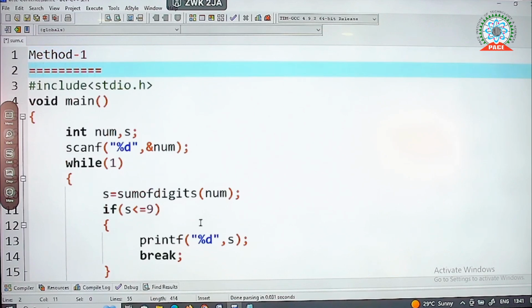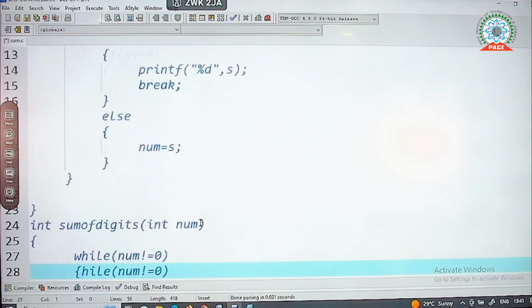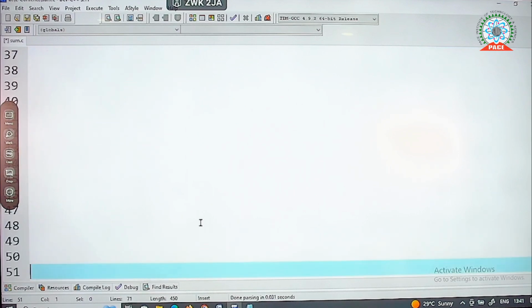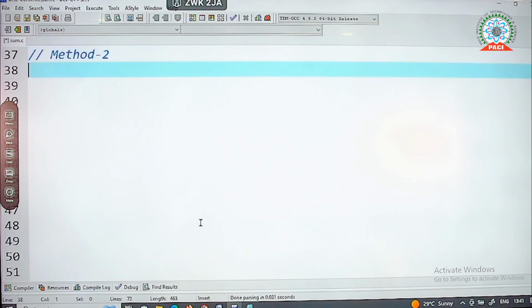So you can execute in the same way using the second method. So go to the second method, method 2. In method 2, just take the number and find out whether that number is divisible by 9 or not. If it is divisible by 9, with remainder 0, then the sum of the digits of the given number is 9. If not, print the remainder, which represents the sum of the individual digits of the given number as a single digit. So include the file, hash include stdio.h